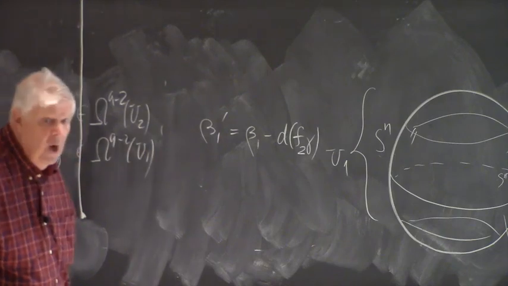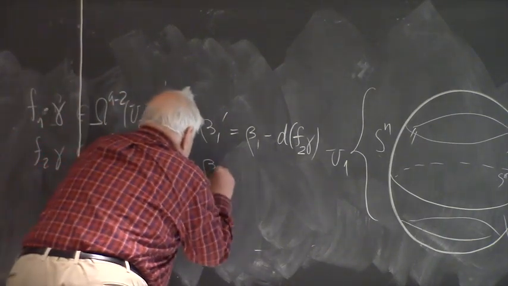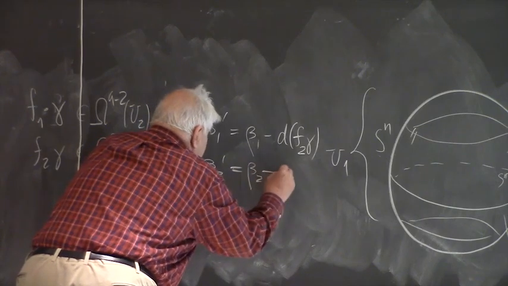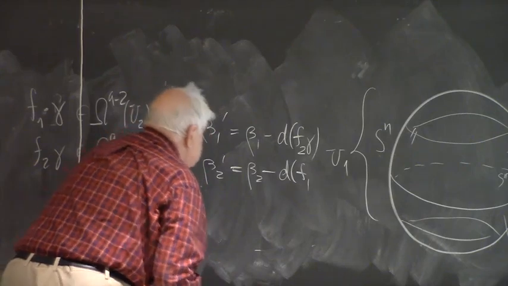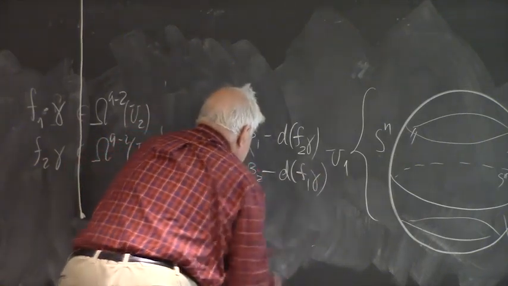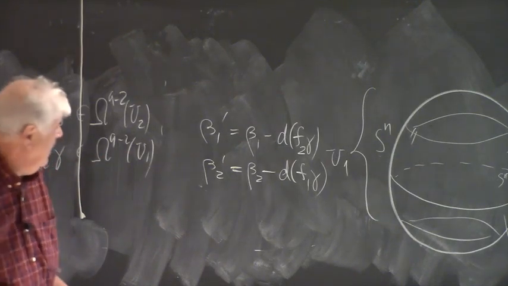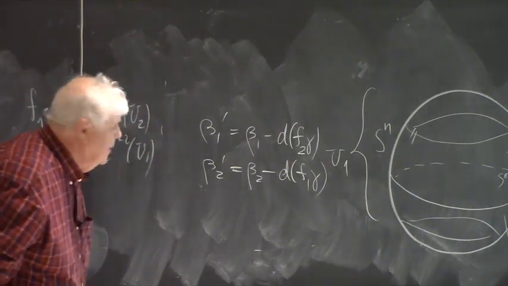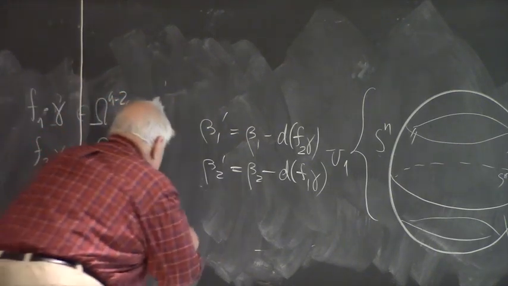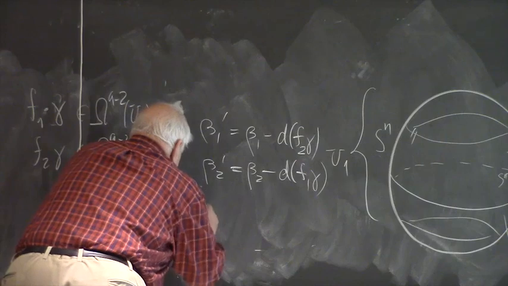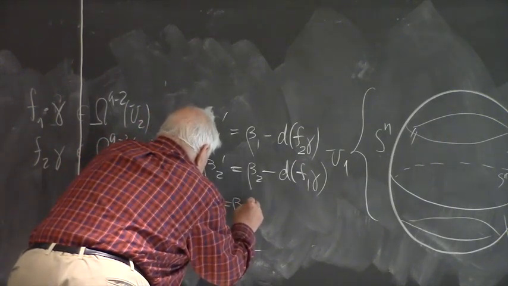All these forms are in omega q minus 1 of u1. Now take beta 2 prime in the same way. Maybe the sign somewhere is wrong, then I will correct it. Maybe one of these minus should be plus. Then, first of all, beta 1 prime, beta 2 prime still have the differential alpha, right? And now, beta 2 prime minus beta 1 prime should be beta 2 minus beta 1